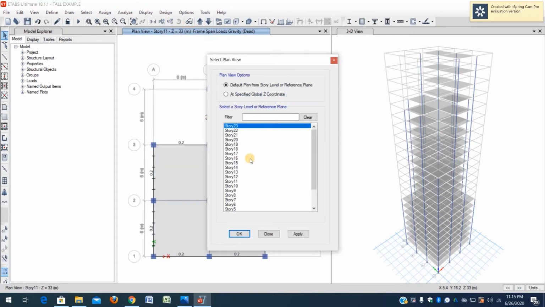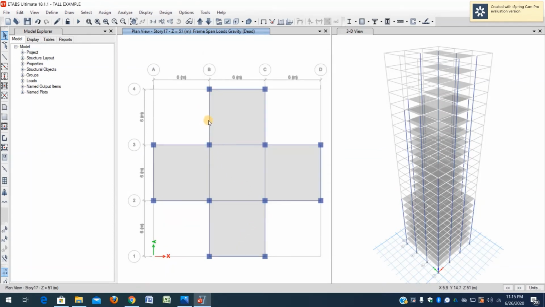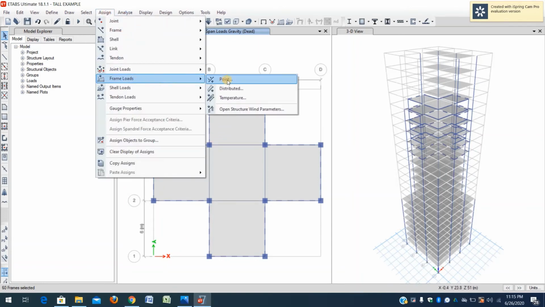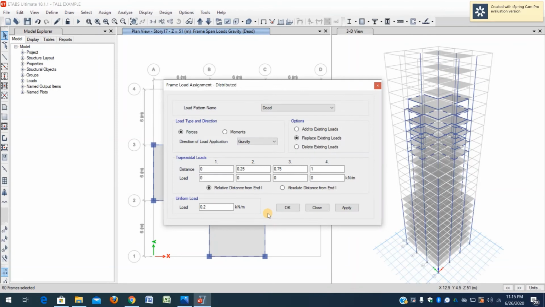Go to the plan view, story 15 to 20 or so. I'm going to story 17. Select exterior beams where the auto cladding is to be applied. Go to Assign, Frame Loads, Distributed, same load 0.2.